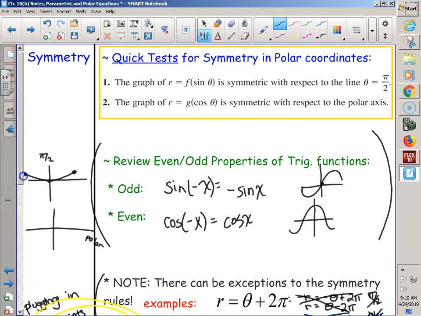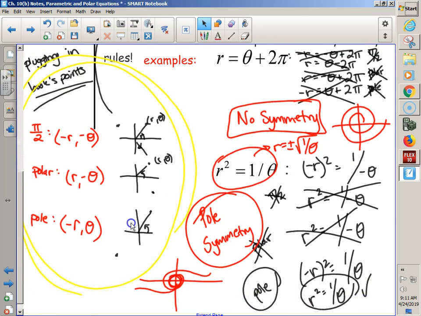And for cosine, it's the same in the first and in the fourth. So that's a silly way of remembering it, but it does help a lot because of the homework ones that you guys saw, the evens at least. You just needed to know, oh, it's a sine in there? Sweet. Pi over 2 symmetry. It's a cosine in there? Sweet. Polar axis symmetry. But as soon as we go outside the ones with sines and cosines, like the examples we saw yesterday, no sine, cosine, that's when using your points and plugging in is going